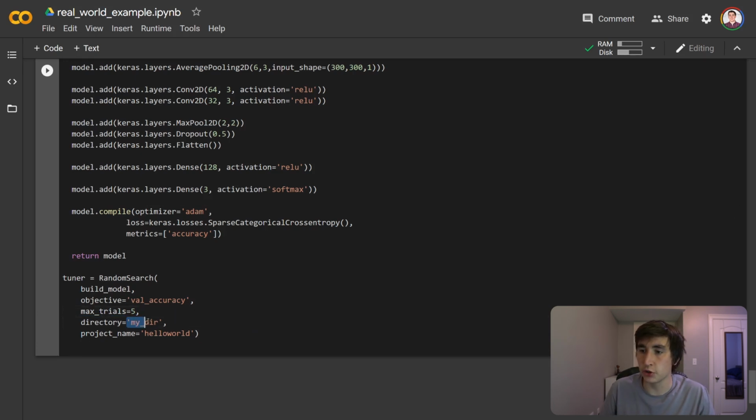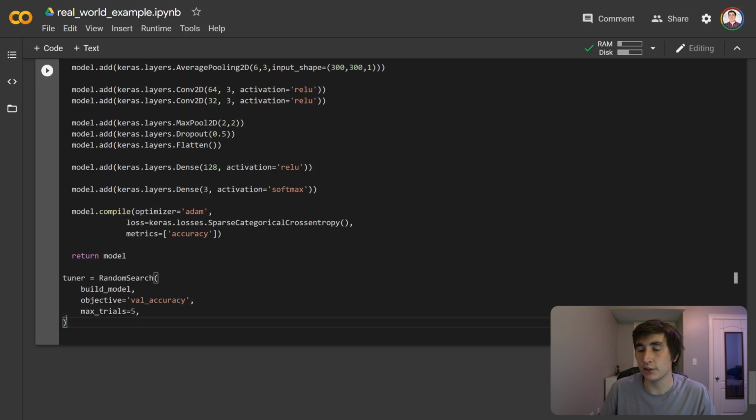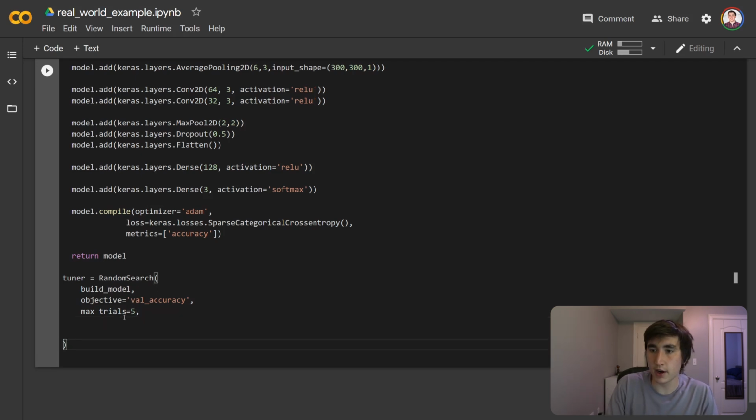And then you can also choose where you save these results. By default, it'll choose something. So I'm going to just probably get rid of these directory and project names for now, but know that you could set those if you want to save it in a certain spot. All right, that's good. And then finally,